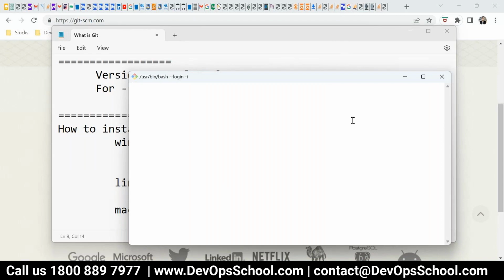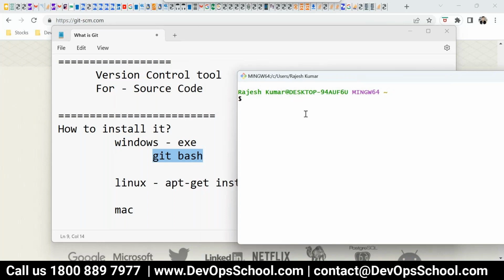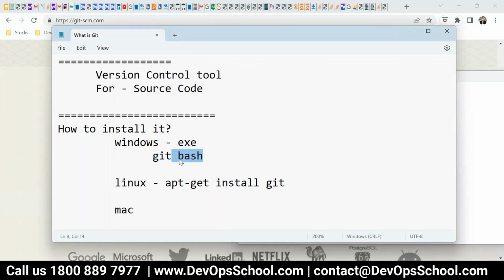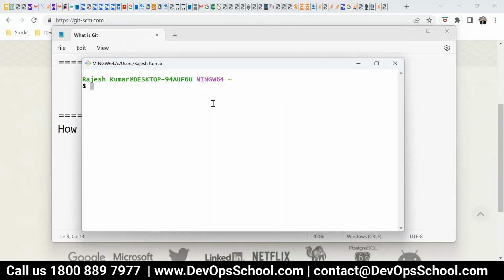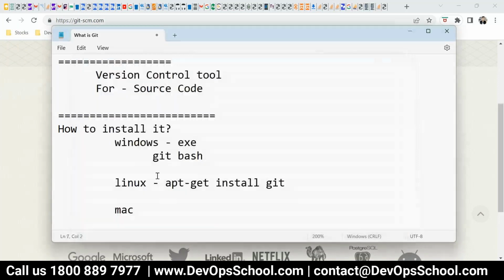On top of it, you can run basic Bash commands while being on Windows. So that's the advantage. Many people love this because they want to enjoy a Linux kind of environment in Windows. So that is what it is being used for. For this training, I'll use this one only. Okay, so now we have installed it.